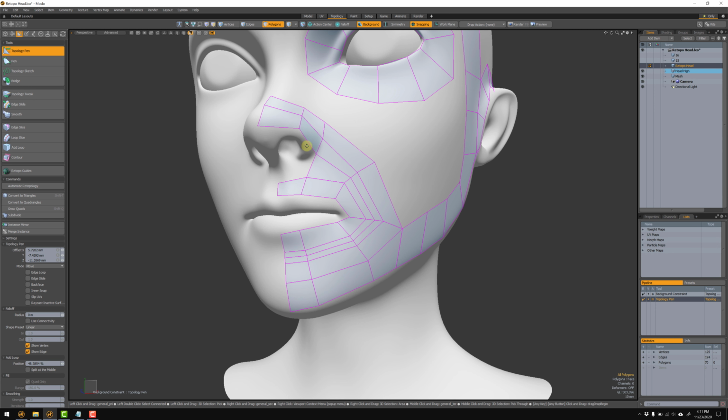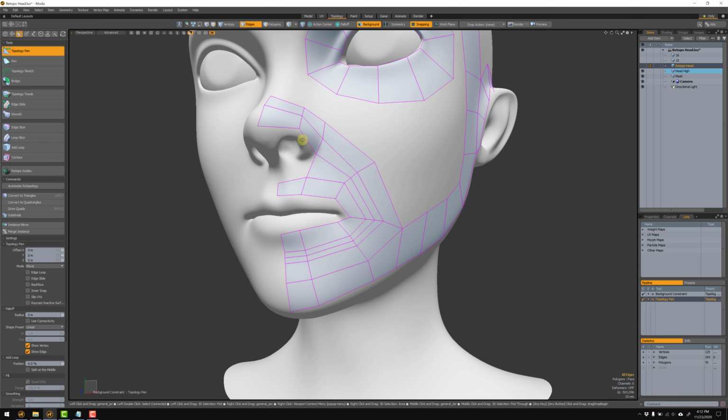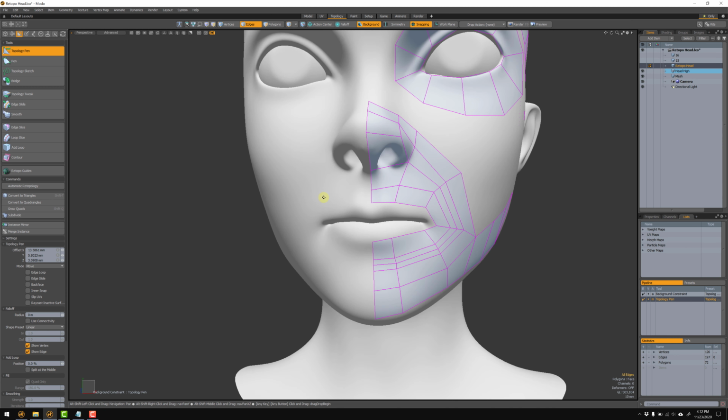And then right here, what we're going to do is both of these edges, we're going to take these over to the left. So let's reactivate our Topology Pen tool, hold Shift, click and drag, send this one to the middle, connect it here. And then this one, same thing, it should connect right here. And again, if these aren't snapping like you'd want, you can pull them a little bit farther,